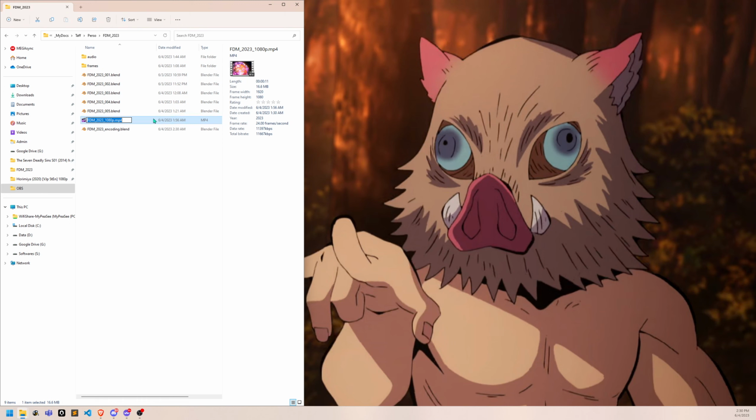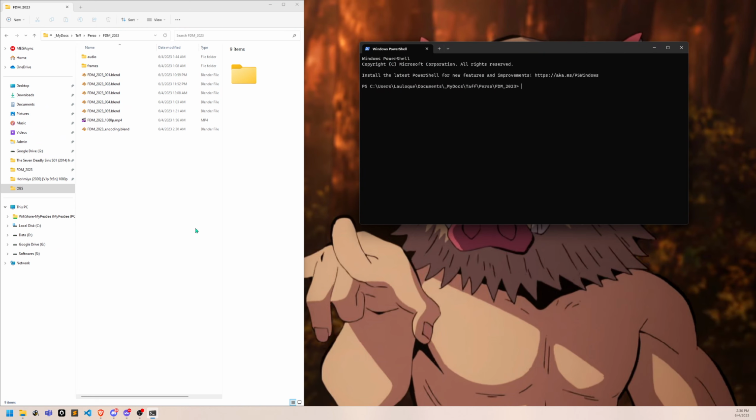Then you need a video file you want to loop. So I have this, which I made for Mother's Day. It's just a little loopable wallpaper. I need to copy the full name of the file. Then I need to open the terminal in that folder. So on Windows, you can just right-click Open in Terminal. In older versions of Windows, I think you don't have this option, so you can just go in the address bar and type in CMD, type enter, it will do the same.